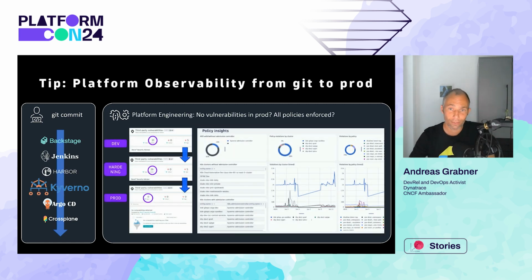Going down the line, Kyverno is another big important thing here. Kyverno or other tools in the security space can be used and should be used to monitor what's actually going on in the platform and what is the security status, what is the status of policies being applied or not applied or adhered to. And so you want to monitor this and want to get also alerted. Remember, you want to make sure that your platform delivers security by default, and therefore you want to make sure that these tools are used, that also these tools are working all the time and not just failing for whatever reason, so that somebody can't swindle their way around and deploy insecure code.